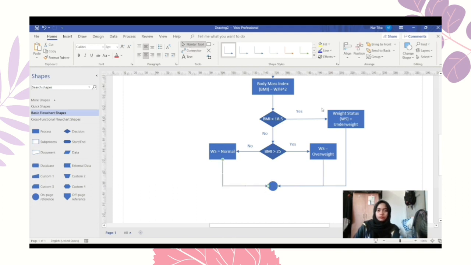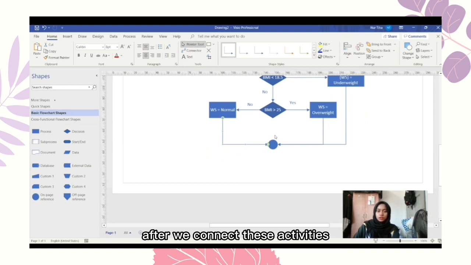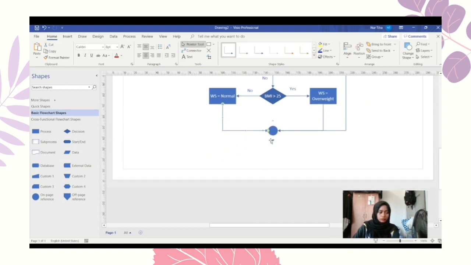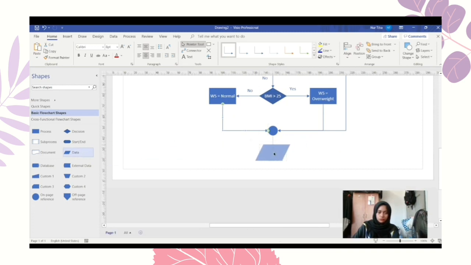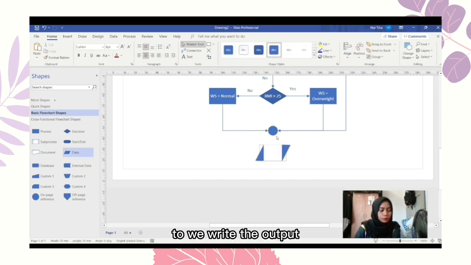Okay. After we connect these activities, we need this column, which is general column. So we write the output. So here the output is print,